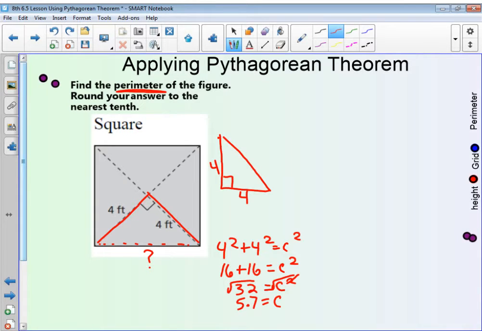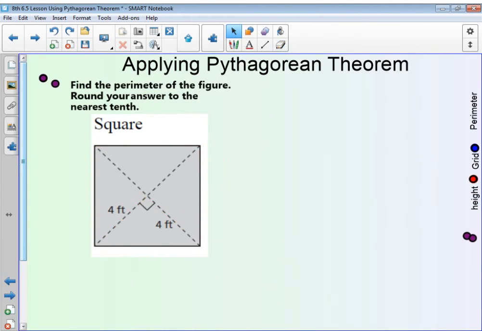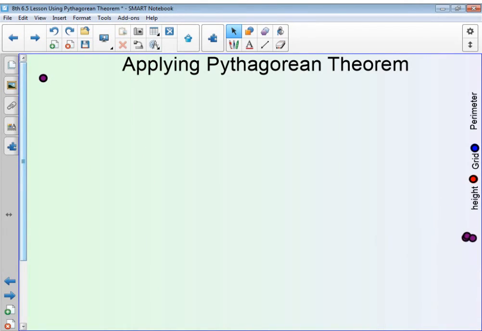Okay, so I just found out that when I rounded the 5.65, that rounds to 5.7. Okay, so now when I go through to find my perimeter, I've got 5.7 on each of these sides. So I could either add them individually or I can just take 5.7 times 4. And when I do that, I get 22.8 for my final answer. Dimensions were feet. Okay, so that's using Pythagorean theorem to go through and just advance on finding perimeter. Okay, so sometimes they're going to give us some figures where they're giving us a grid and a slant